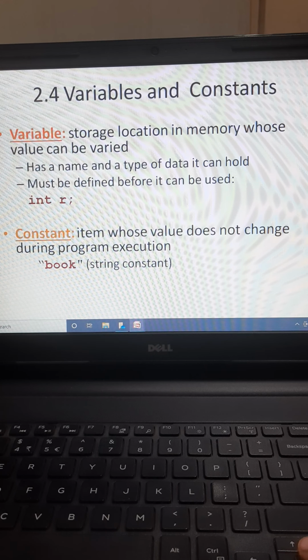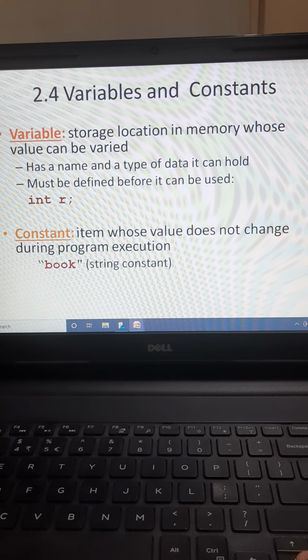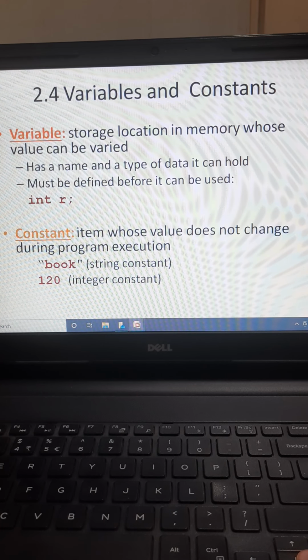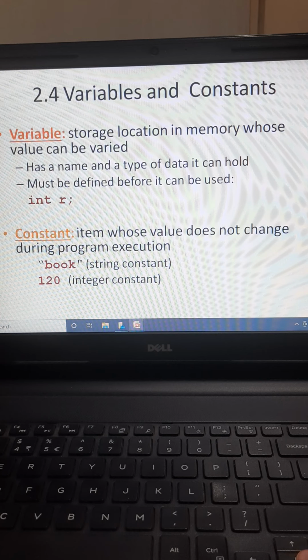Okay, now constant could be, previously I have given you the example of the constant pi. You can also have a string constant, in which you may have the name of a book, which has to be written in double quotes. If it is an integer constant, say the price of the book is fixed. So if in a library we have books, the string constant will be the name of the book, say Learning C++ using Balaguru Swami, and its price is fixed to ₹120, then that will be a constant for that particular book. Are you getting me? So this is about variables and constants.